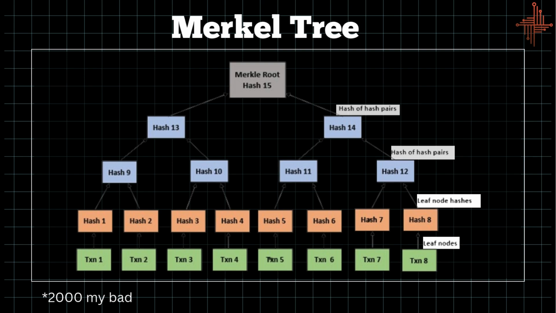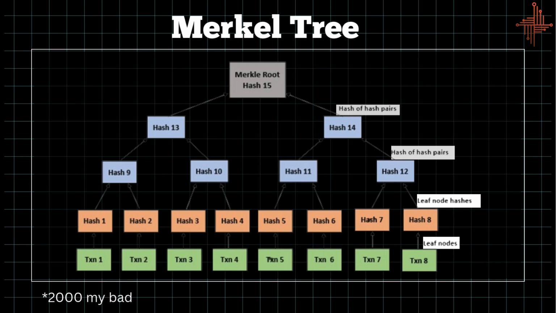As you can see, we have all the transactions. Instead of storing the transactions as they are, we take the hash of the transactions in pairs. First of all, we'll take the hash of 2 transactions. Similarly, for each transaction, we'll compute their hash. Then we'll take the hash of 2 hashes, and similarly, we'll have a root node which will be the hash of the complete tree. From that root node, we'll be able to get all the transactions whenever we require. So that is why the Merkle tree is used.